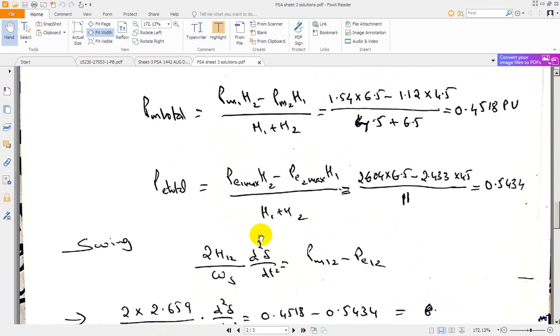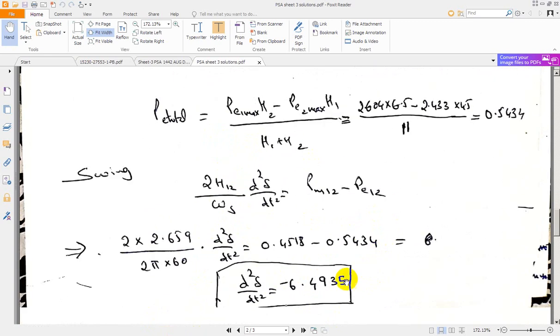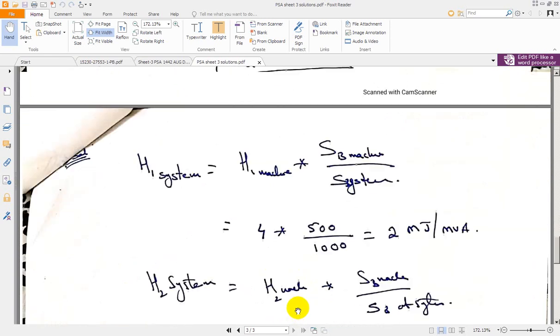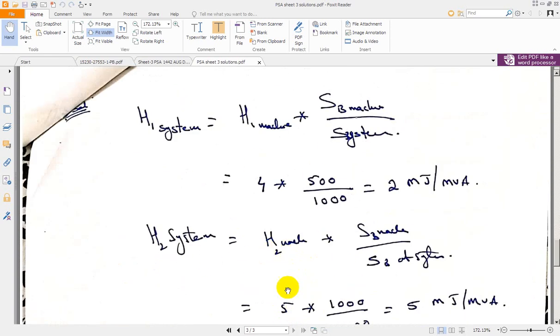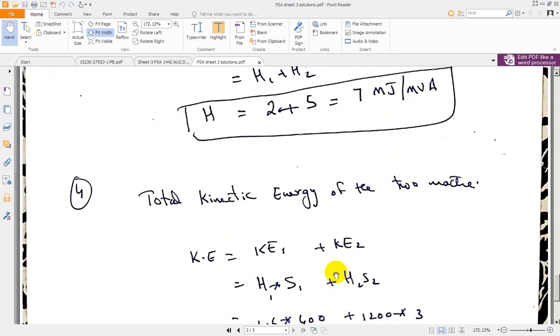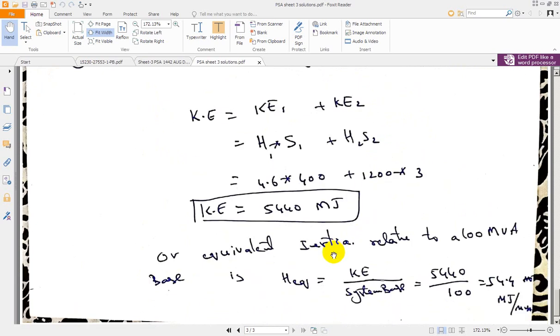And then in the same swing equation, H has been replaced with H12, M has been replaced with M12, total M and total electrical. We got the combined swing equation representing the complete power system consisting of two generators. In the third problem, the same problem number 1 has been evaluated. Similar problem, we cannot say same, similar problem has been evaluated with another method. In problem number 4, we have calculated the H equivalent as we did in problem number 1. With this, we have finished sheet 3.